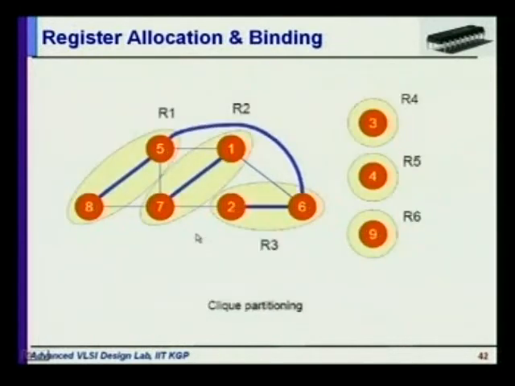Okay, and use the graph coloring algorithm or clique partitioning algorithm to find out the minimum registers. So similarly here, suppose you are using the clique partitioning algorithm, these two can be mapped to the same register, these two can be mapped to the same register, and these two, and they need to be stored in different registers. So you need 6 registers and you have 9 variables in your design. Okay, so this is the basic approach